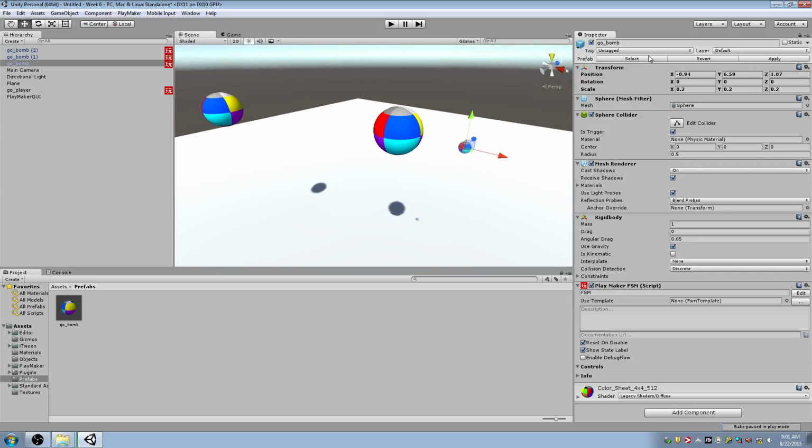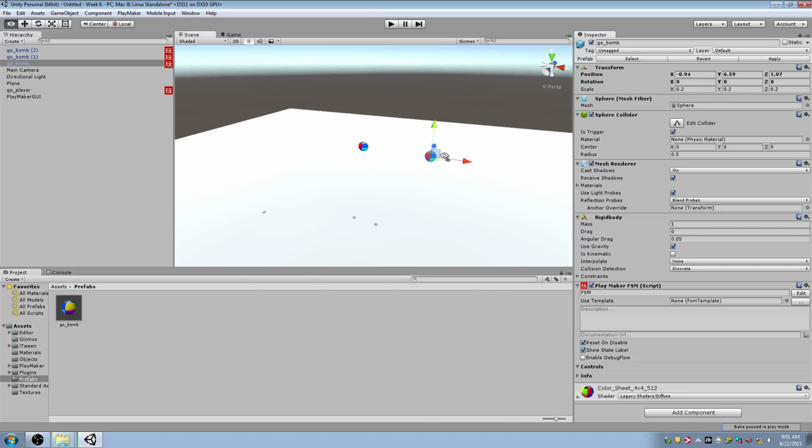There are these three buttons up top that show up when an object is part of a prefab. You can select the prefab itself, you can revert the instance of the prefab to be different, or you can click this button, apply, which will take the changes you made to this instance of the prefab and apply it to everything else. So I click apply, and then everything else changes to be super tiny. If I want to scale it up again,